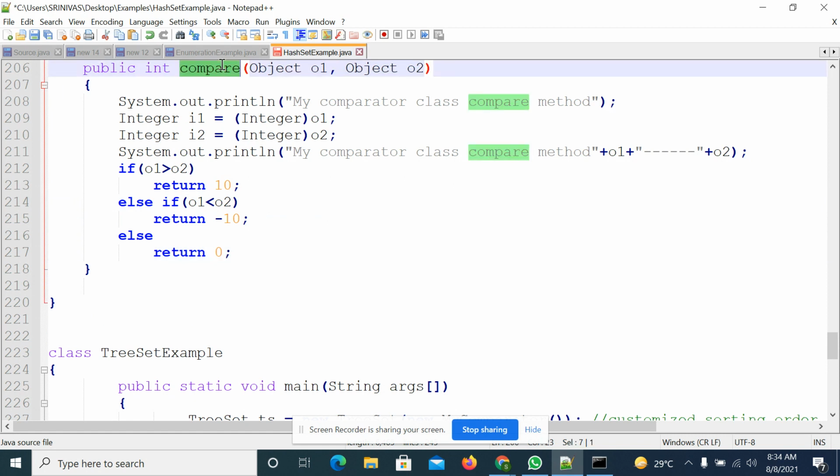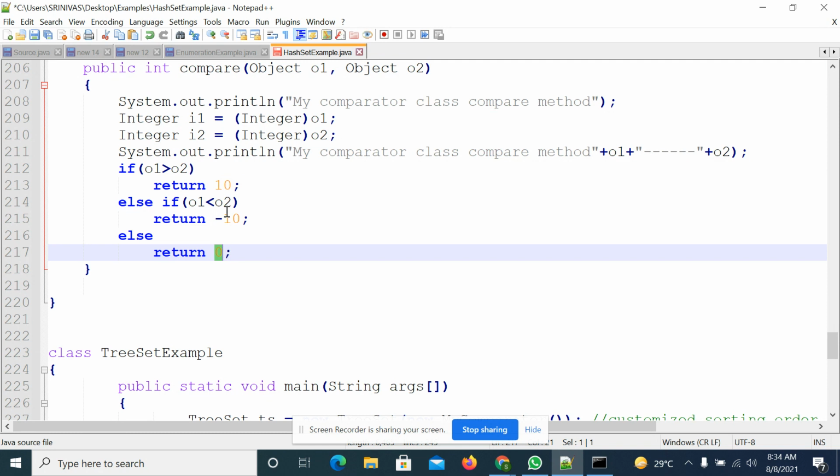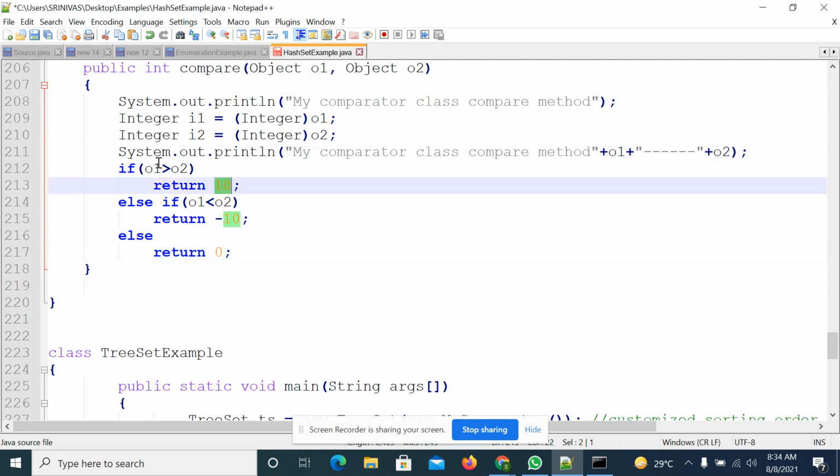So actually the compare method must return one integer number. The integer number must be either a positive number, a negative number, or 0. It is positive if the first element must come after the second element. If the first element must come before the second element, then negative.